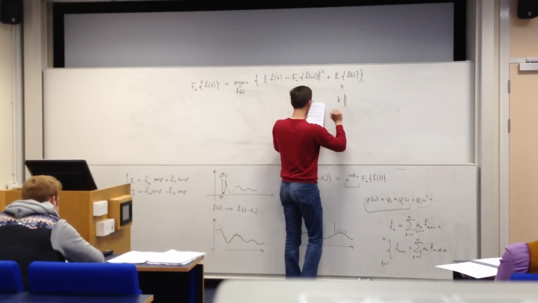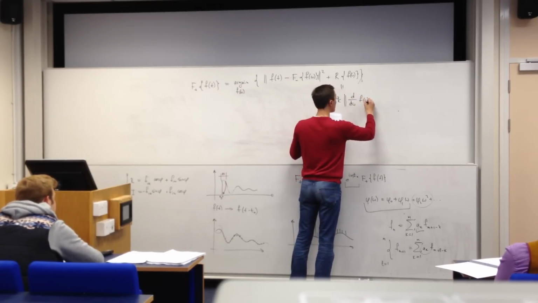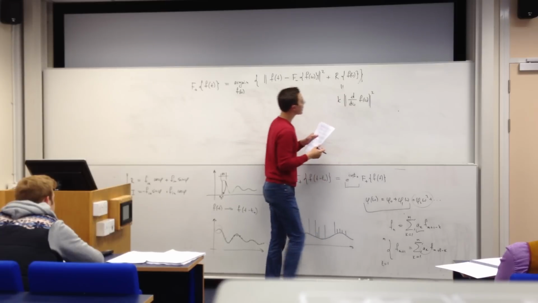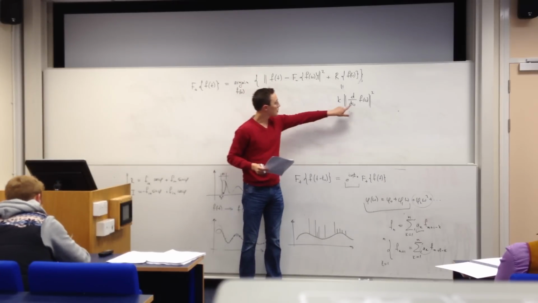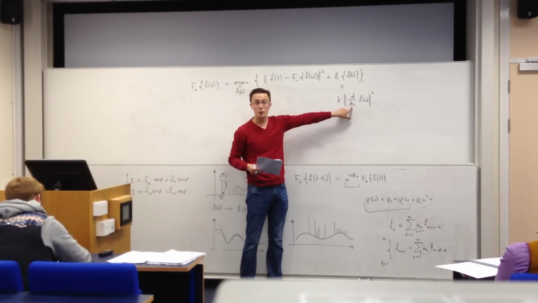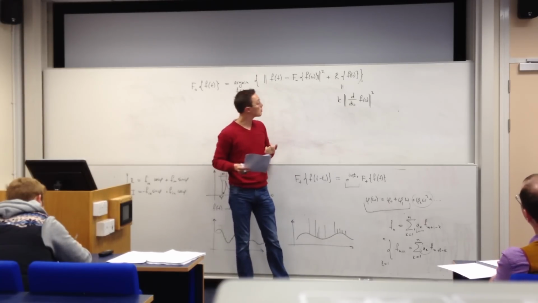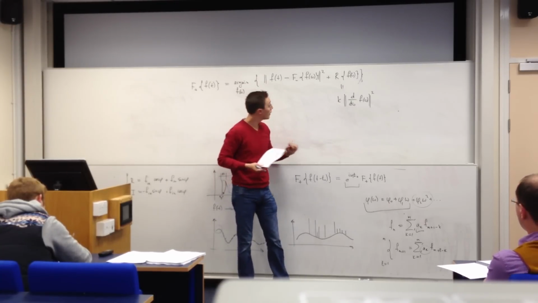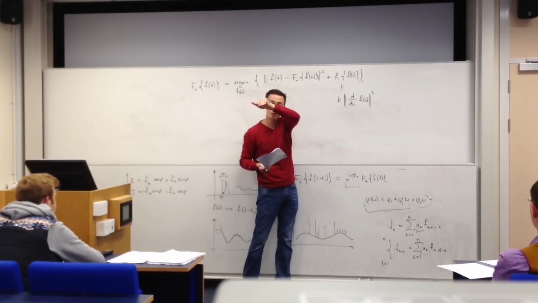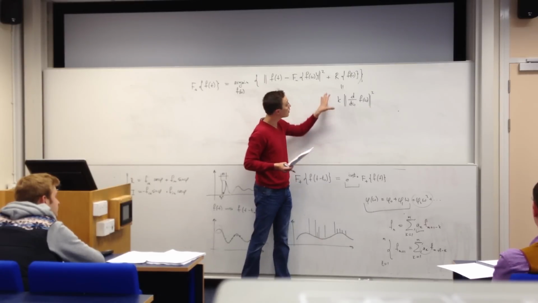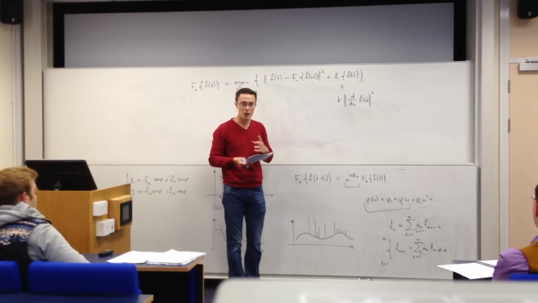K times the norm squared of the derivative of omega. See what this does. If f is very erratic, the derivative will be large, because the rate of change is big. Then the norm, which is just the length of the vector in the corresponding space, would also be large. If f is smooth, then the derivatives are small, because the rate of change is small. The norm is small, and so this particular term is large for very noisy functions, and it is small for